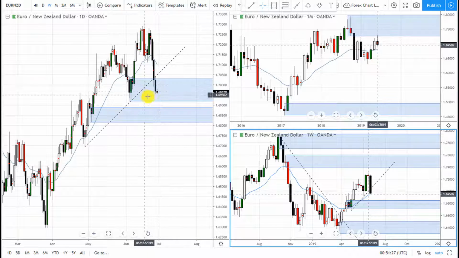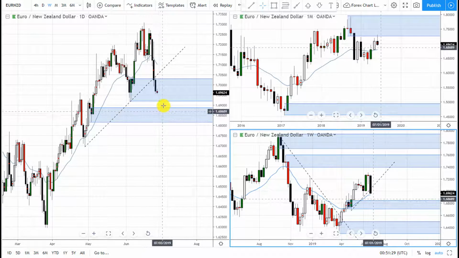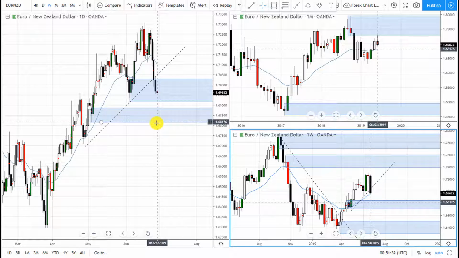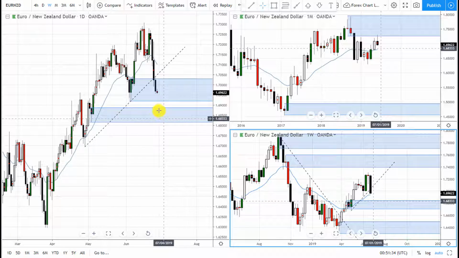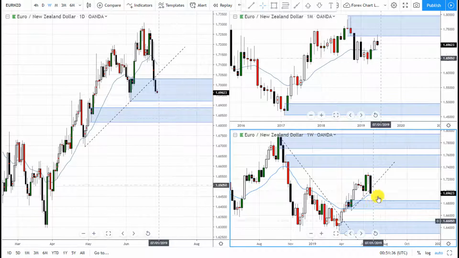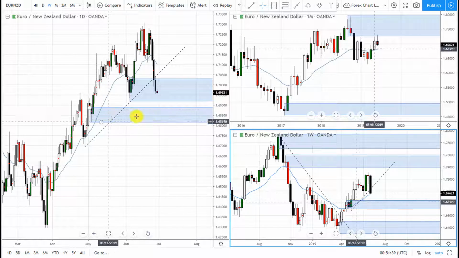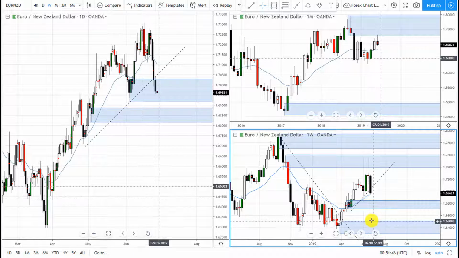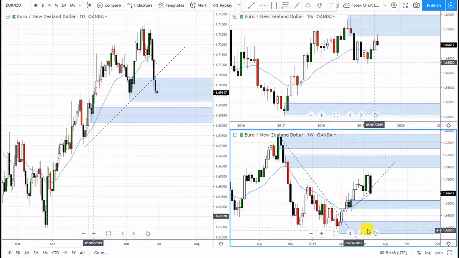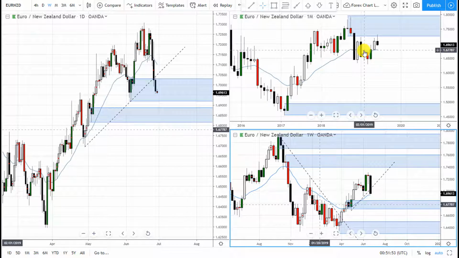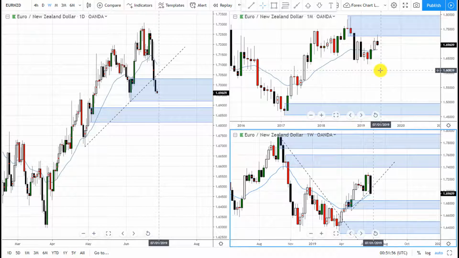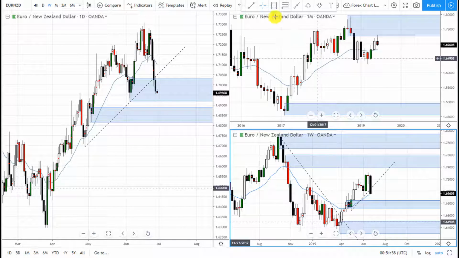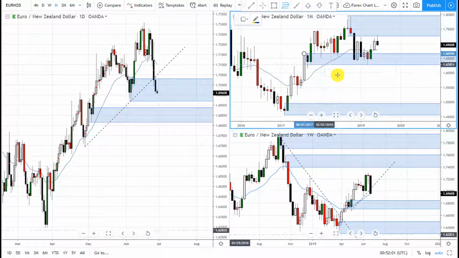Okay, so we want this zone to break, and then possibly go long down here, because this zone is where this weekly demand zone is. But even then, I would probably wait down here. But no matter the case, I would like to wait for confirmation. The reason I want to go long down here is because that's where this monthly demand is. It is not really a monthly demand, it is, but it acquired this